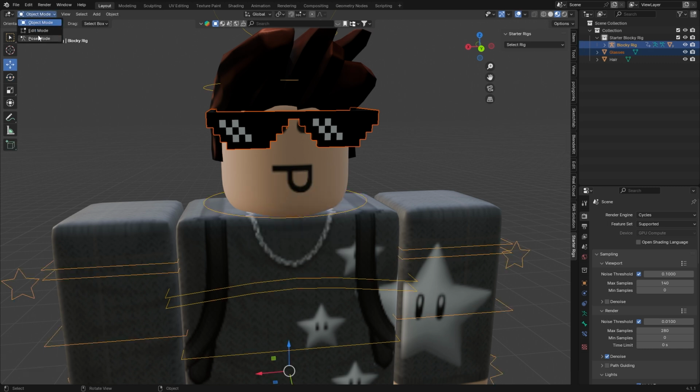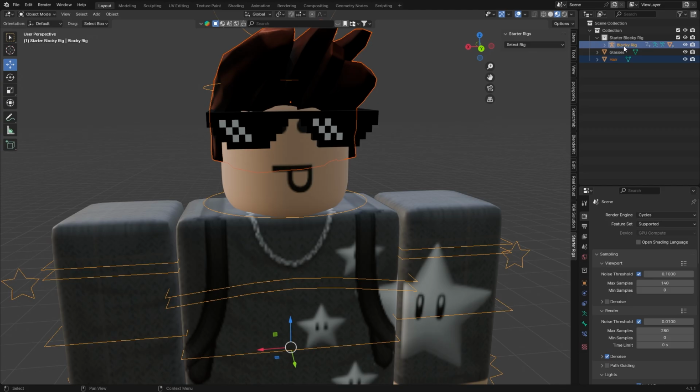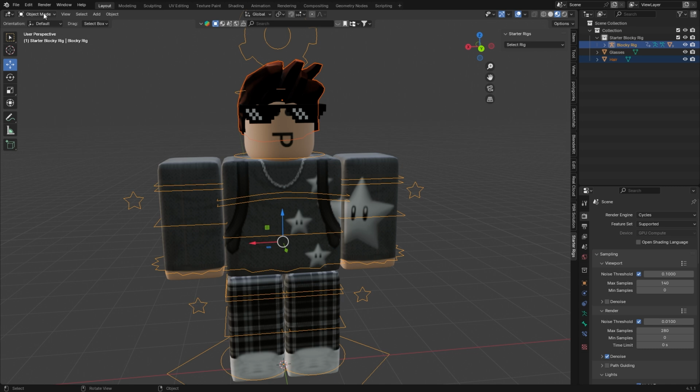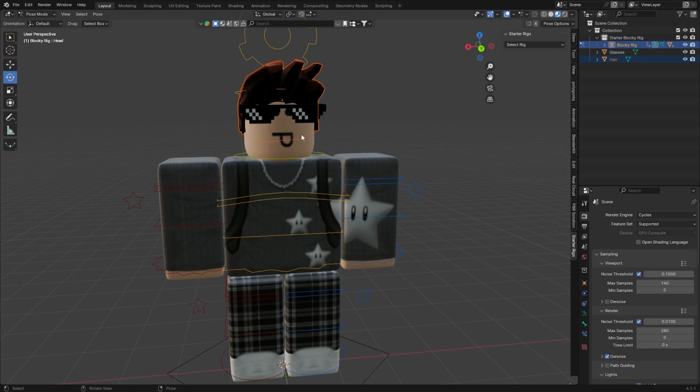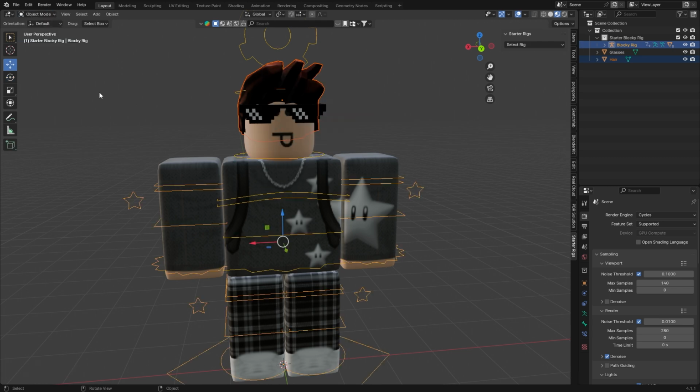Now I'm going to switch back into object mode at the top, and we're going to do the same thing for the hair. So I'm going to select the hair, and then I'm going to control click on the rig, making sure once again that the rig is the last thing you select. Now I'm going to go back into pose mode, and we're going to attach the hair to the neck bone, because of course the hair is a part of the head. So you want to go Control P, bone,